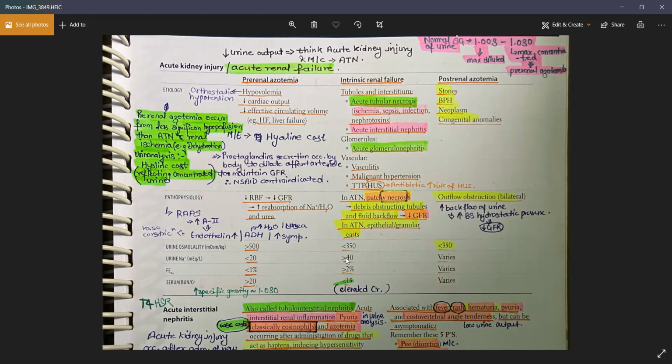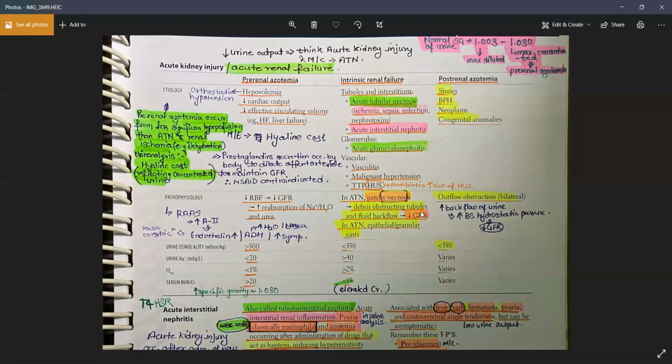So these are all the findings we will see on the analysis of the patient. A very dilute urine. A very high urine sodium, a very increased fractional excretion of sodium. High creatinine, a normal to low, or sometimes even raised BUN, because ultimately you have kidney failure, so this uremia will be there. But the ratio is always less than 15. That is an important thing. All these risk factors must be present in the patient. They will always give you a history of any of these disorders. And please note, it will be a patchy necrosis in the kidney.